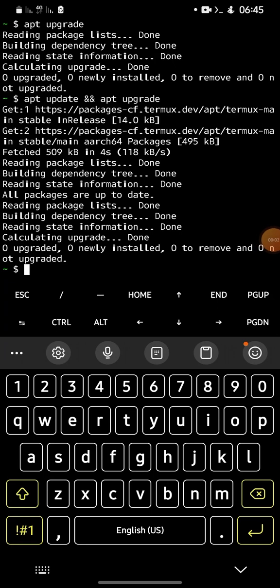Okay, so I forwarded that to not waste much of our time. But in the process, you get some prompts, so you just answer Y to all the prompts, or I, to install whatever needs to be installed. Okay, so when you get to this point, you type apt install